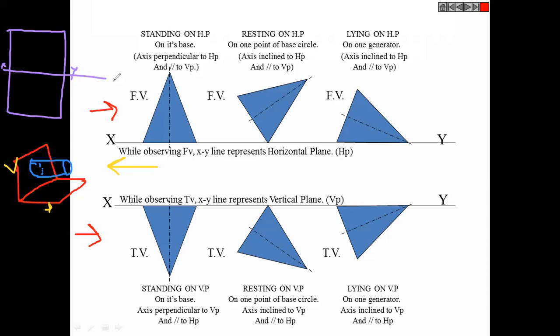Okay, very good, correct. We need to have certain space here. Why did you rub it? Leave it, I will draw it. So this will be my front view, isn't it? Correct? And we will have this much space because it is hanging. It is not touching HP, so it should not touch the XY line.